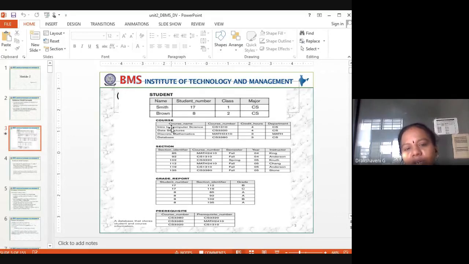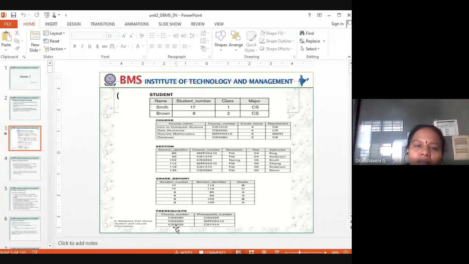Student is one relation, course is another relation, section is another relation, grade report is another relation, prerequisite is another relation. In relational algebra terms, what we call a table, we call a relation. Like this, with respect to relational algebra, we call the tables relations.